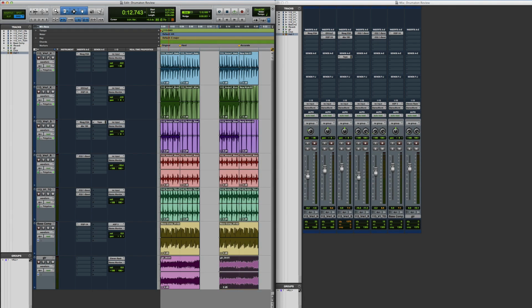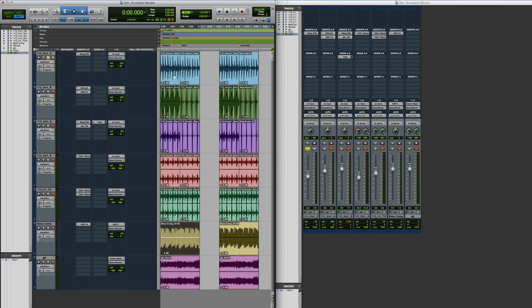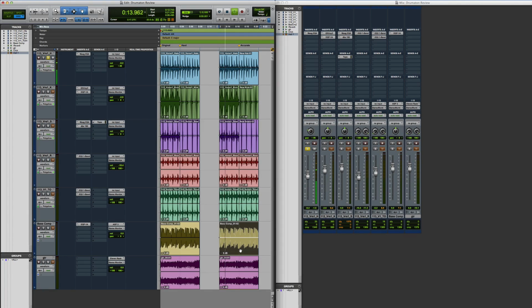So, for example, here's the hi-hat. First half is clean, or dirty, should I say, and the second half is extreme, just high-speed Drumatom. And you can still see this sort of garbage in the background there. So if we go to the second one where I've spent some more time on it,